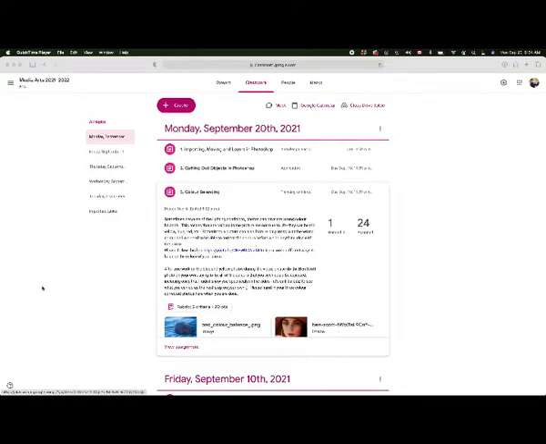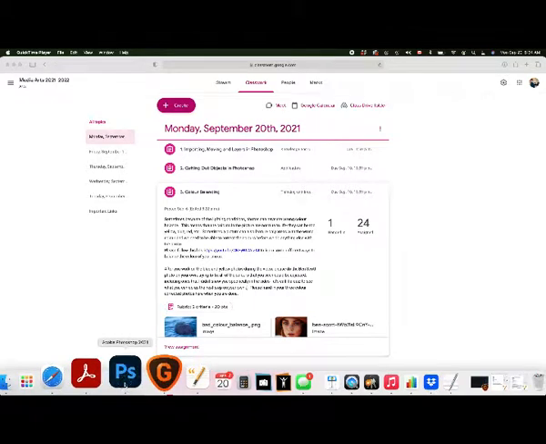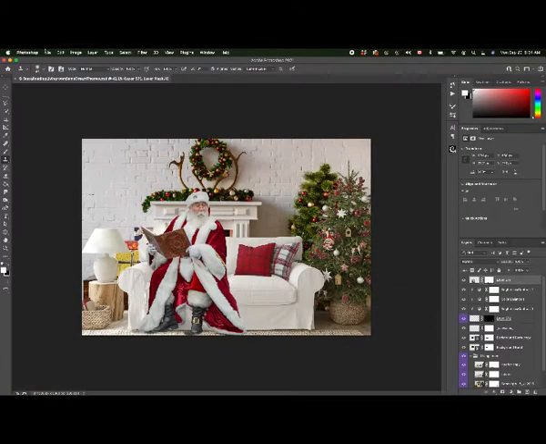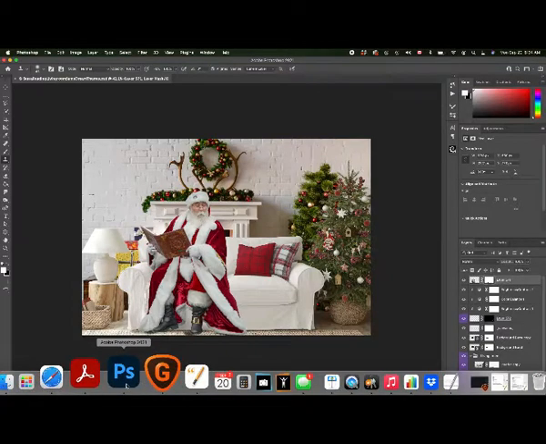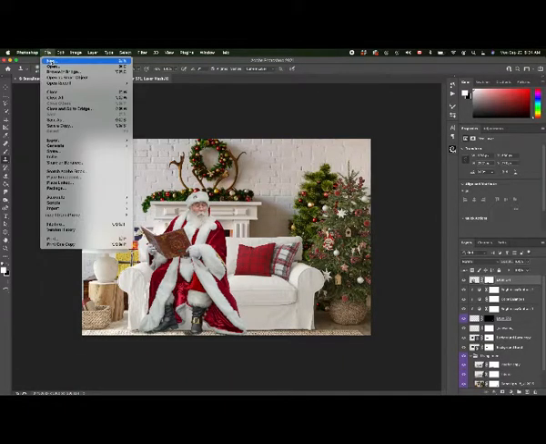Hey there. I'm going to show you guys this morning how to add some files into Photoshop and how to use layers. So the first thing you're going to do is open your Photoshop program. It's going to look different on your computer than it is on mine simply because I'm working on a Mac. And then you're going to go to File, New,